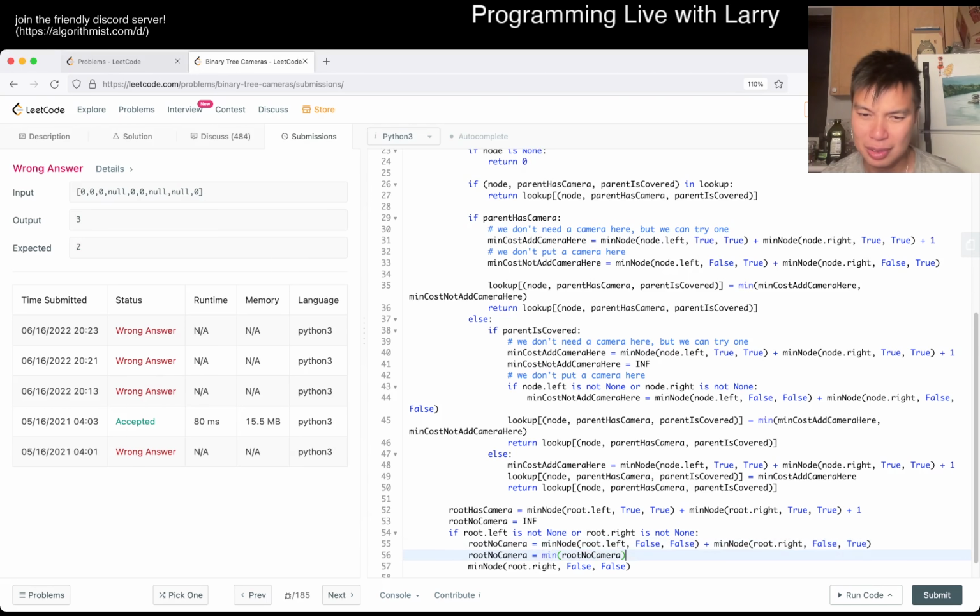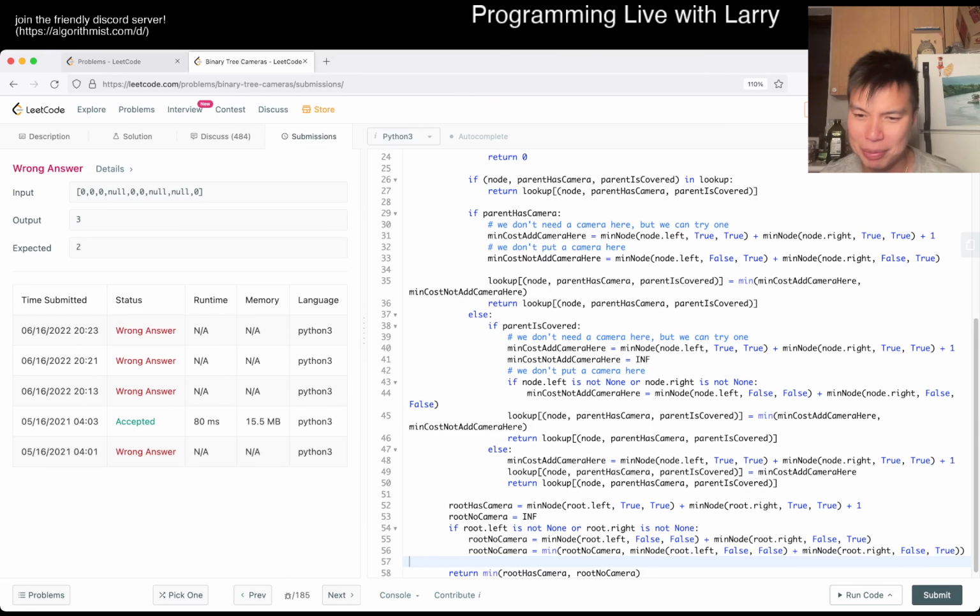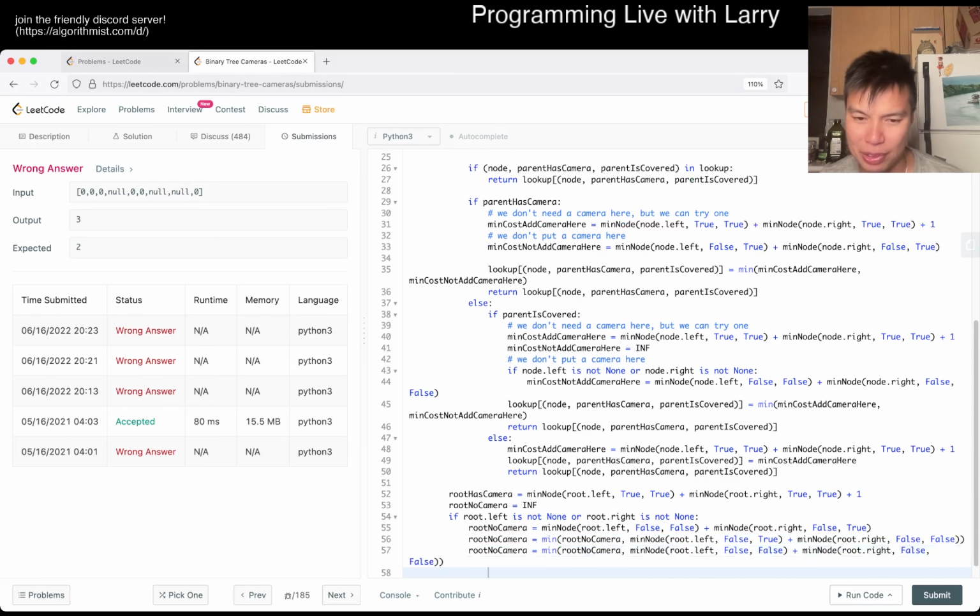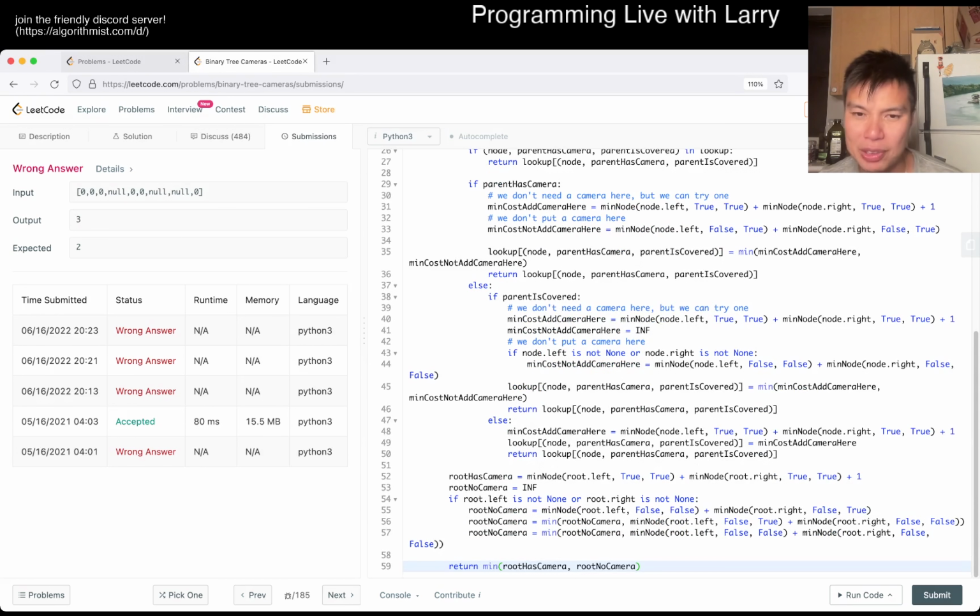Wow, really missing a lot of cases. I'm curious what past Larry did. And then maybe just for exhaustive purposes, do the one where both are forced, right? And then we have to do the same here, because only one of them is needed. If we don't put a camera here, then we need